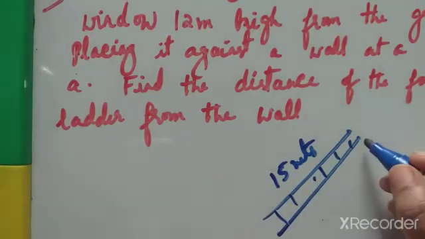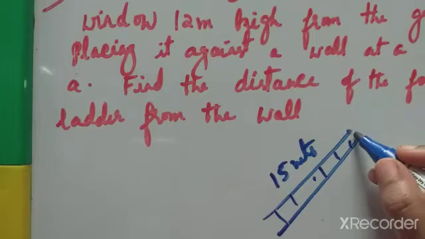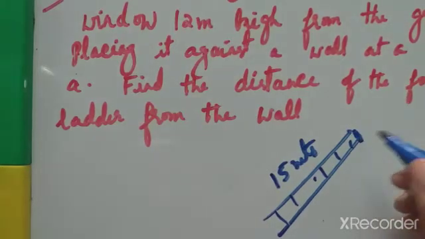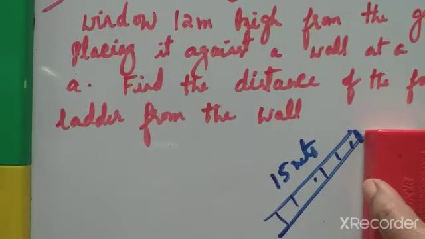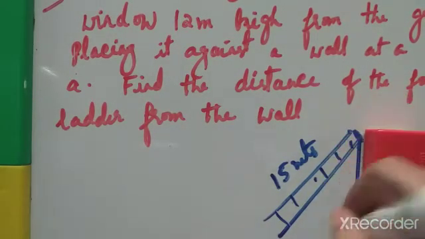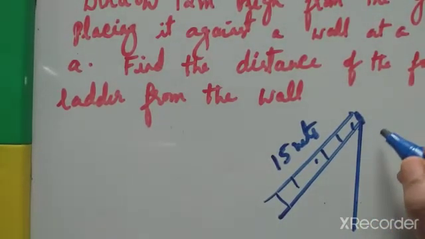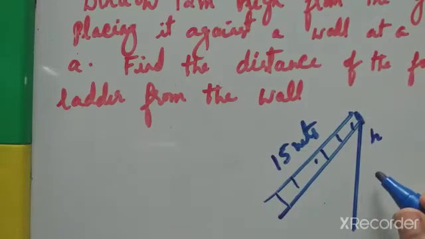Okay. Reach the window. So here, reach the window height from the ground on placing, 12-meter height. Height is always a straight line. Slant height means cross, now slant line. Now height is a straight line. So this is height. Height is how much? 12 meter from the ground on placing it against a wall at a distance.